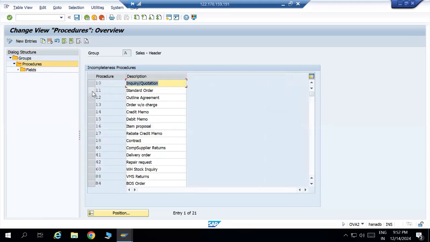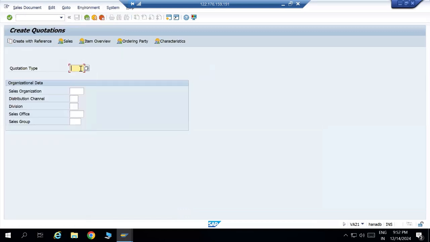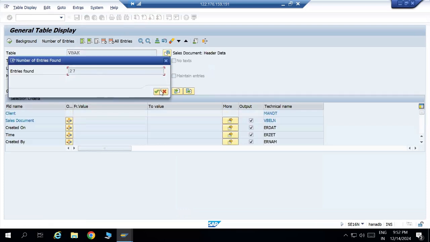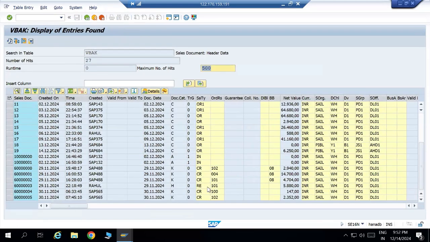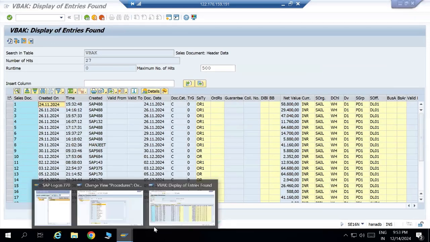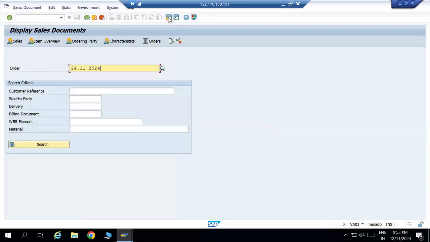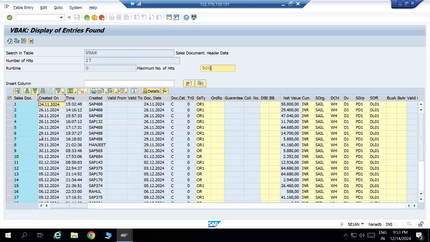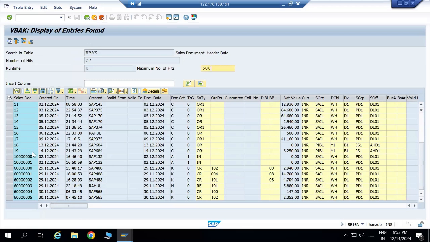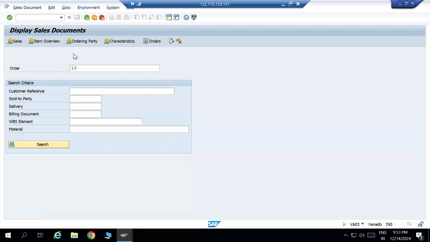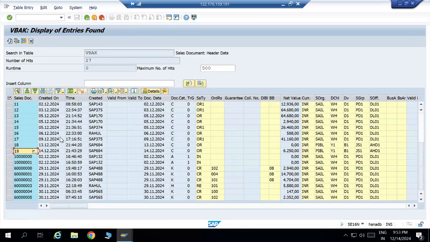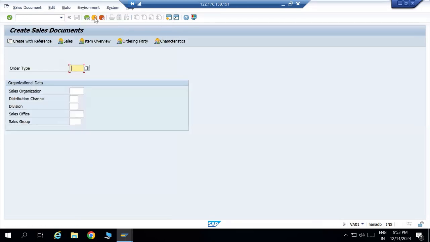Then similarly, if I go to standard order, okay, let's create a quotation with VA21. Let me use this data. First quotation created. Okay, this one I have just created. I can use this one. Go to VA21 for quotation creation, QT, then enter this sales area